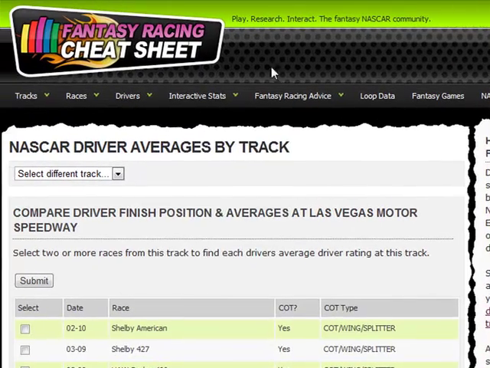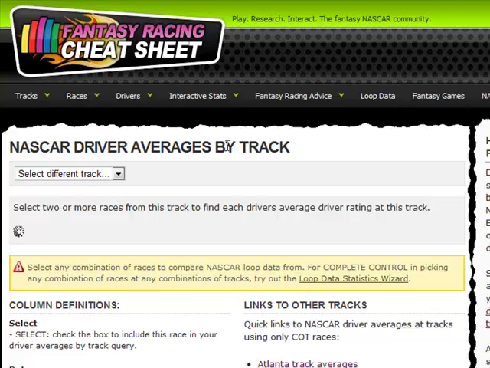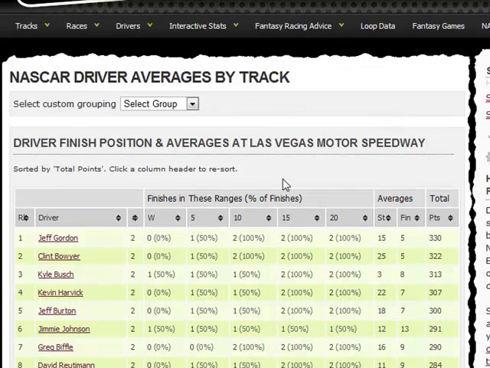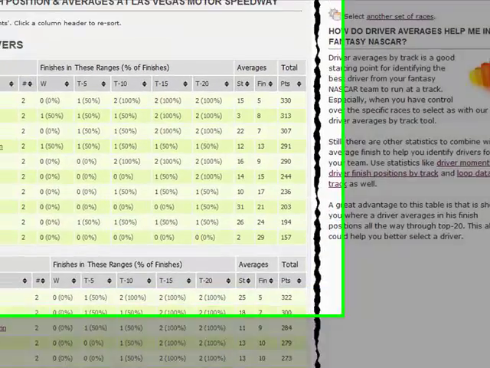We'll also be looking at driver average finishes by track. That's the same place, driver averages by track. It's going to come up for Las Vegas. Anymore, I just really like to look at the last couple of years. So I'm just going to take the 2 years, click submit, and it's going to show me the list. Again, if you want to sort them by Yahoo groups, we're going to look at those in the newsletter